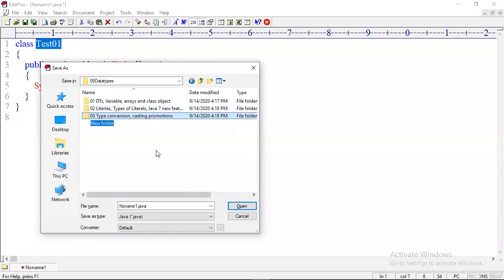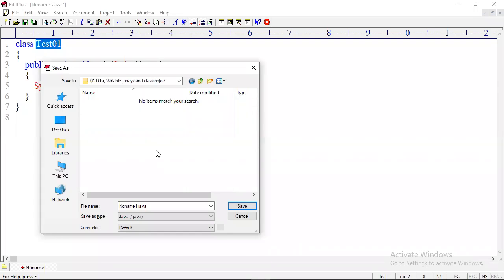And the fourth topic is character set. We have two character sets, ASCII and Unicode. So these are the four sections we have to learn in this chapter.